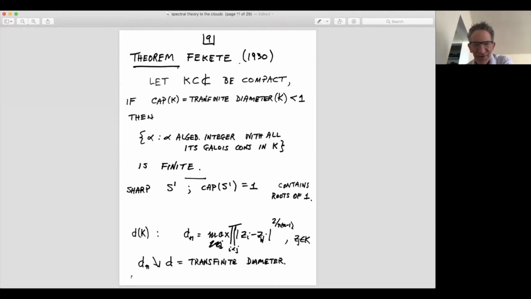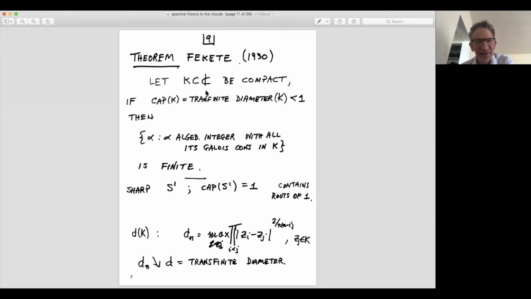But here's his theorem. Well, let me first define the transfinite diameter. So if I have my compact set K, I take n points in the set, and I form the geometric mean, the biggest geometric mean I can create by putting n points in the set. So d_n is the maximum of this geometric mean of placing n points in the set. It's easy to see that d_n is decreasing as you increase n, and it decreases to a number, and that's called the transfinite diameter of your compact set K.